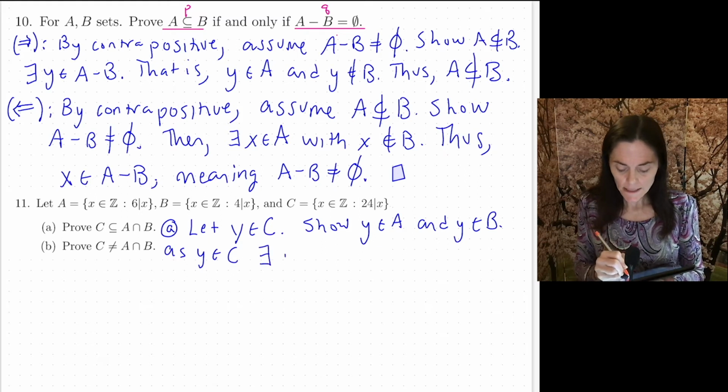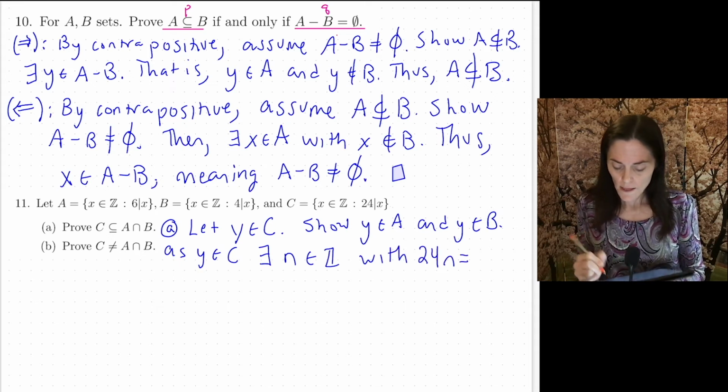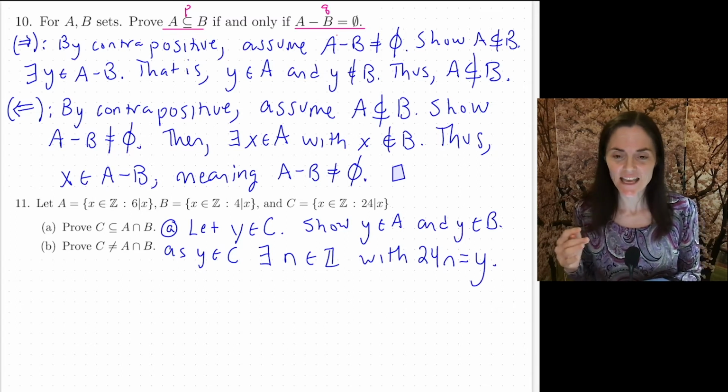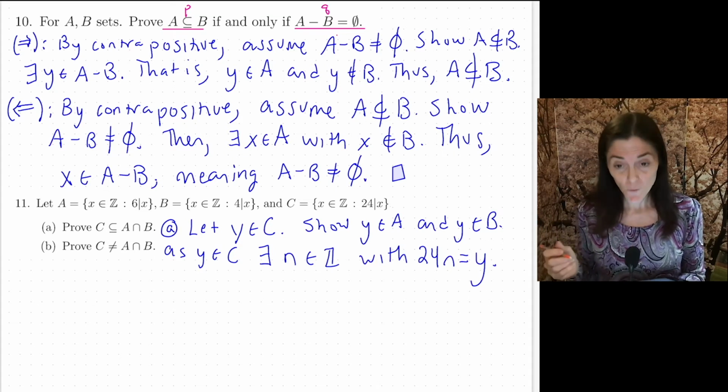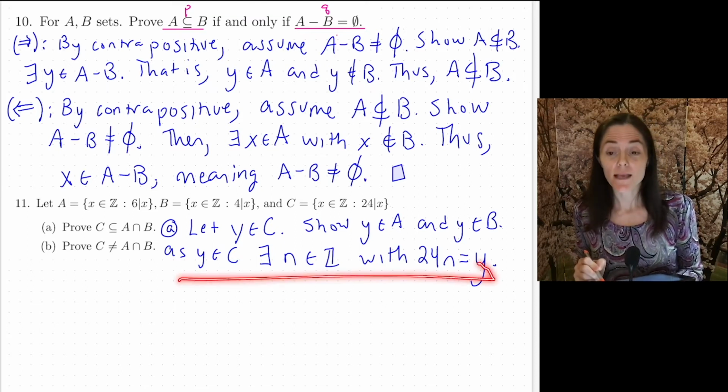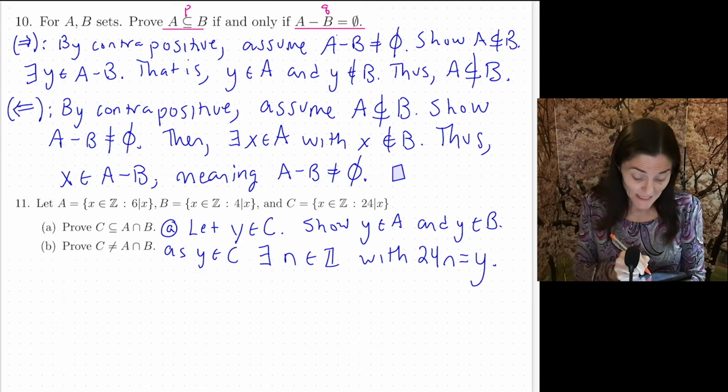There exists an integer n with 24n equals y, because that's what it means to be in C. C contains, well, you could say all multiples of 24 or all integers x such that 24 divides x. And that's precisely what this is saying here. Notice,